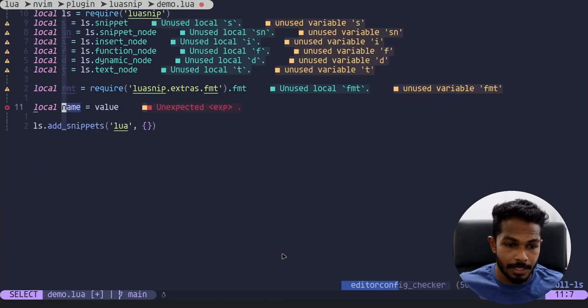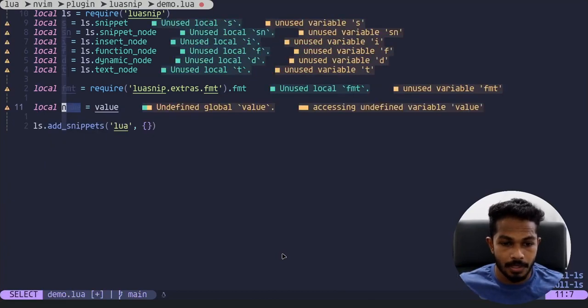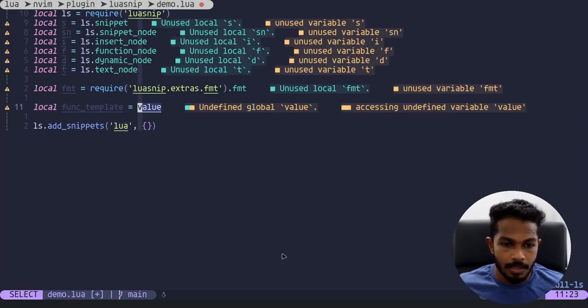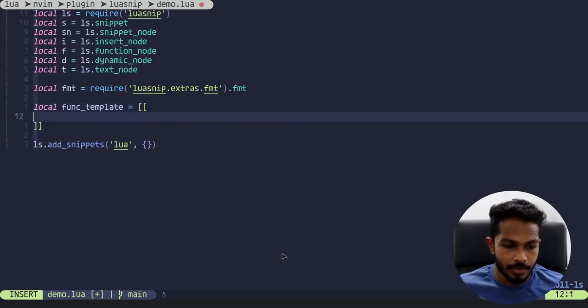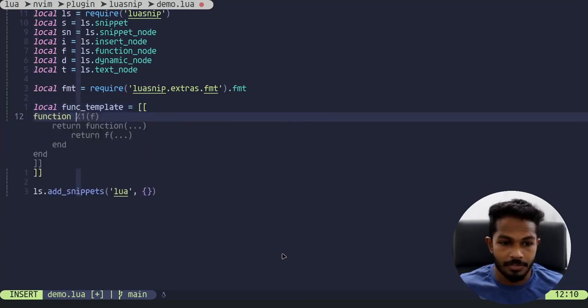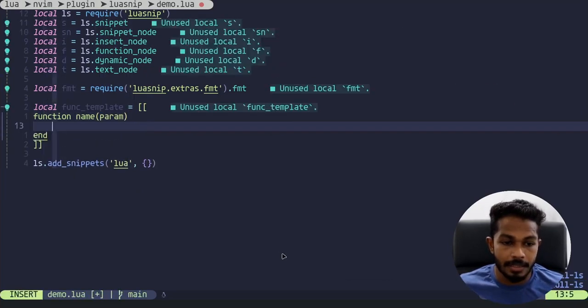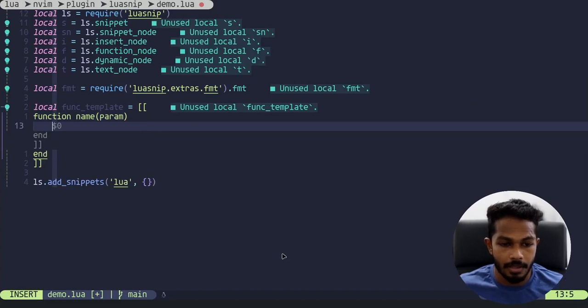First I'm going to create a template for my snippet. We will be creating a snippet for a function that includes a document. All right, let's get started. We'll call this function template, and value is going to be a string. We can define a function like this in Lua. We have a name, we could have params, and we have an end tag. Then we have a function body